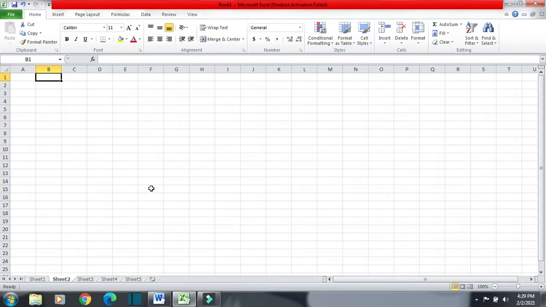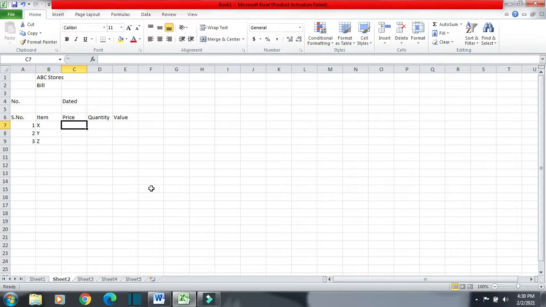For example, it is written ABC Stores, and then I am writing bill number, then date, then serial number, then item, then price, then quantity, and then value. 1 2 3. Item is X Y Z.